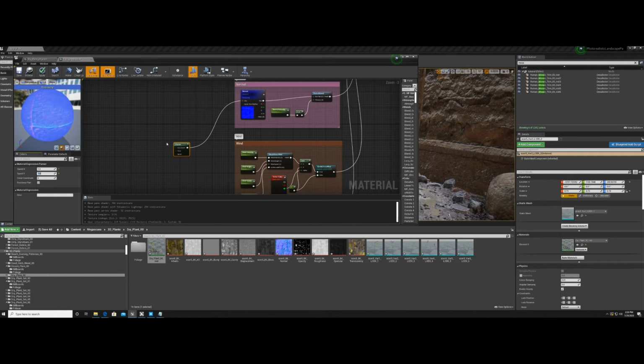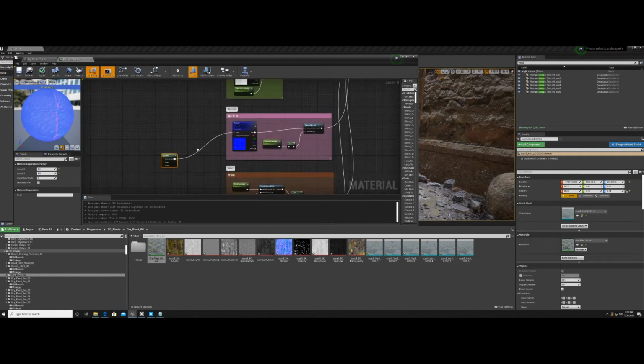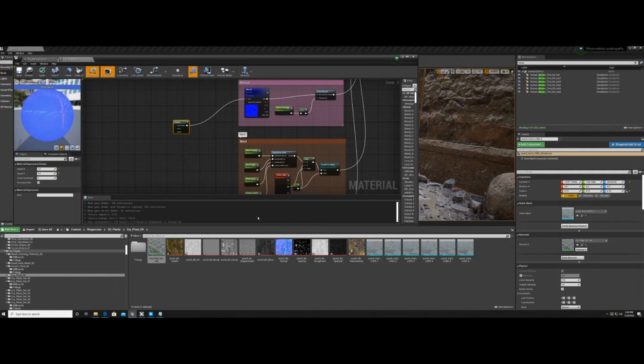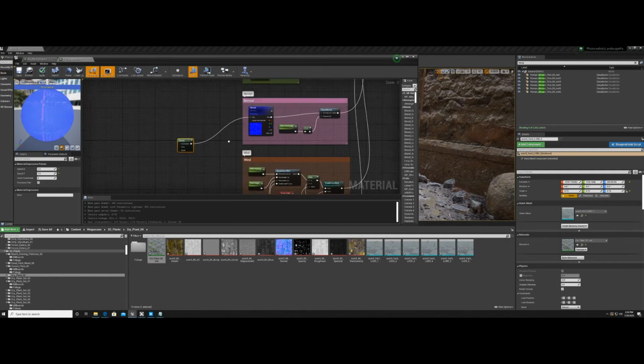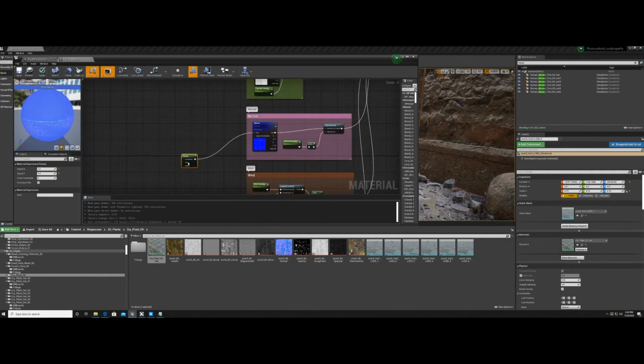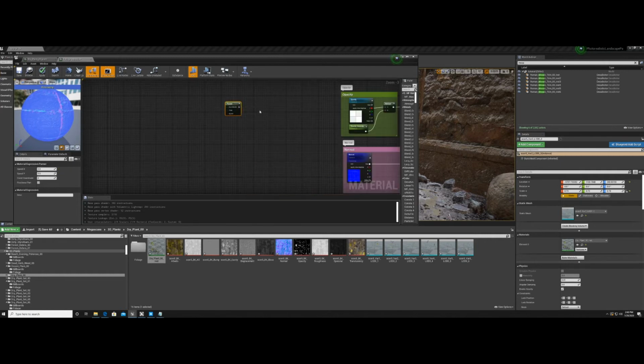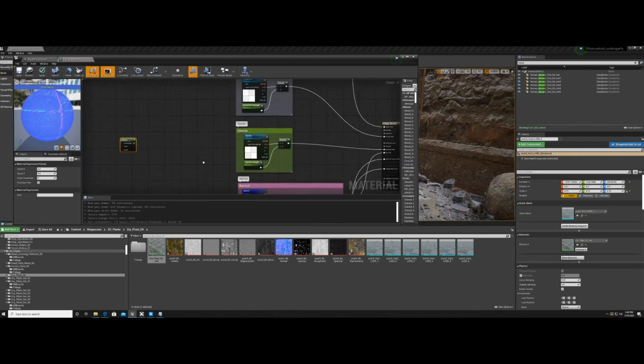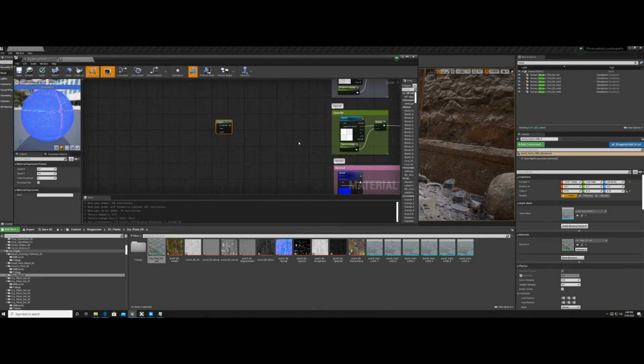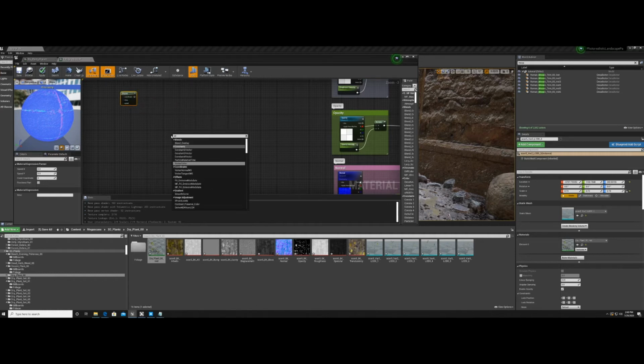Now, I don't really want to do that right now because this is not how I want to set it up since it's already pre-set up for me, but it's great to know that you can do it, and this is one of the simple ways you can, just by using the panner node. So let's just say you wanted to move it on your own instead of having it animated like that. You wanted to manually move it or create some kind of an offset. Then you could basically use the texture coordinate,